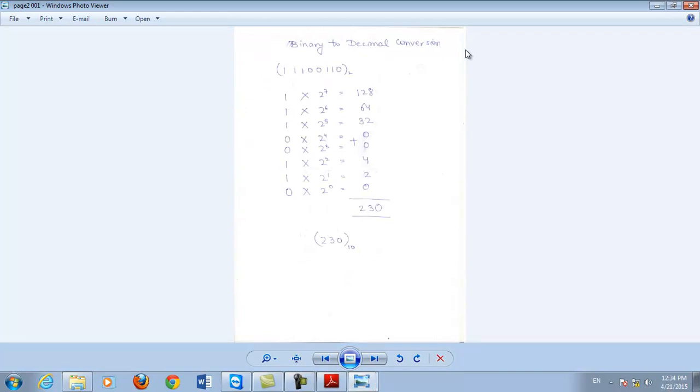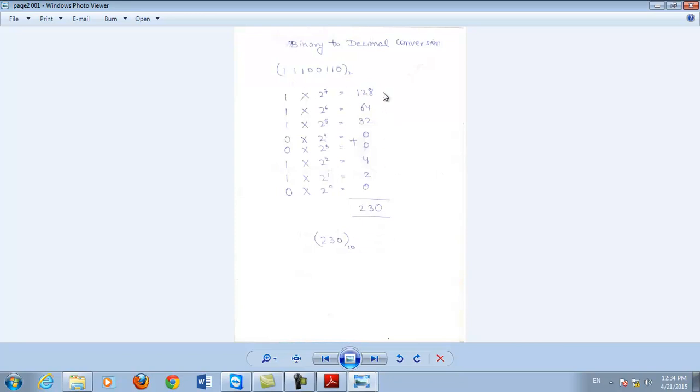हमारे पास बाइनरी नंबर है, that is 111001110. आपने इस नंबर को ऑर्डर वाइज लिखा, and you have to multiply it by 2. But simply 2 से डिवाइड नहीं करना, you have to put the power of 2, that is 2 raised to power 0, 2 raised to power 1, 2 raised to power 2, 2 raised to power 3 and so on. जैसे जैसे आप मूव करेंगे वैसे वैसे आपके नंबर की पावर इंक्रीज होगी.